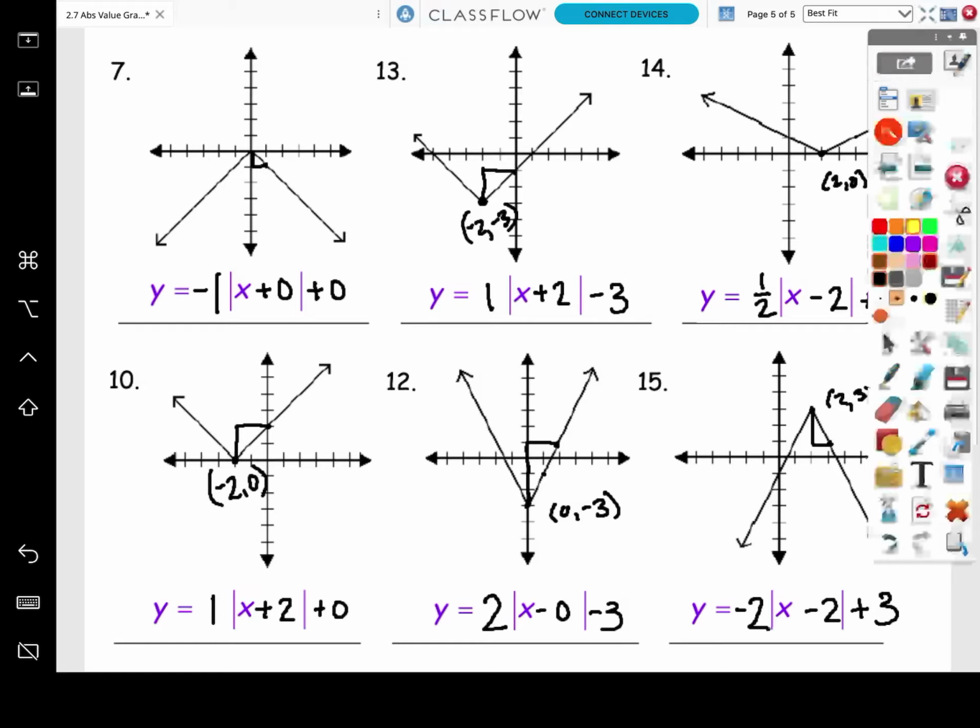I hope this helps you figure out absolute values or kind of bring together that activity from yesterday. If you have any